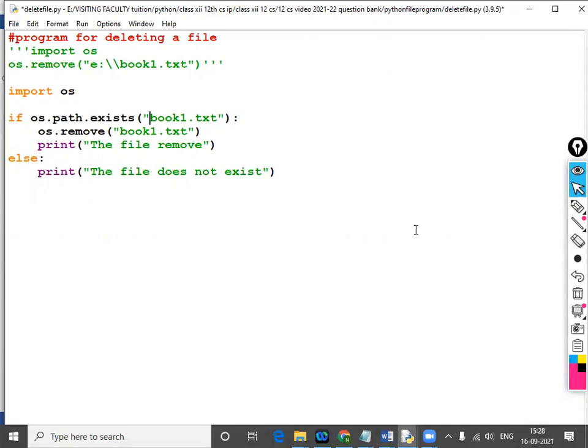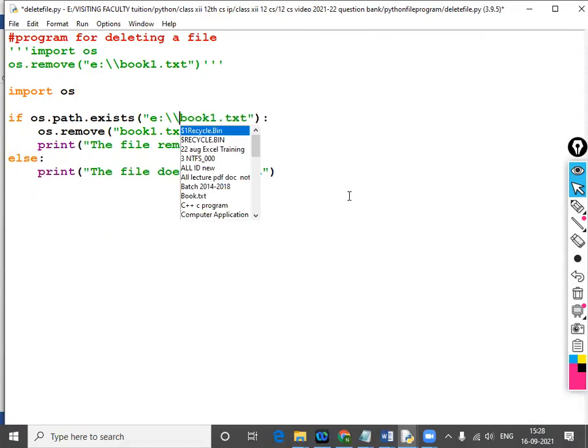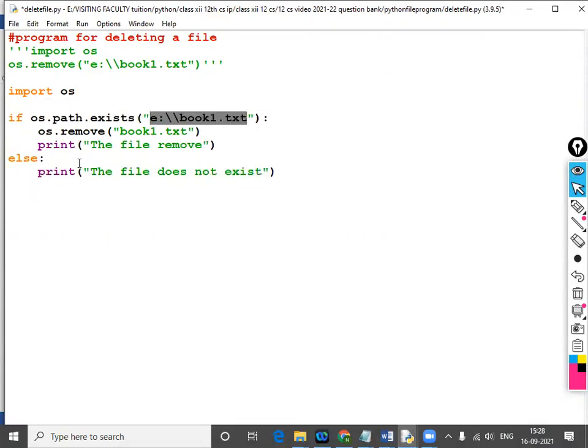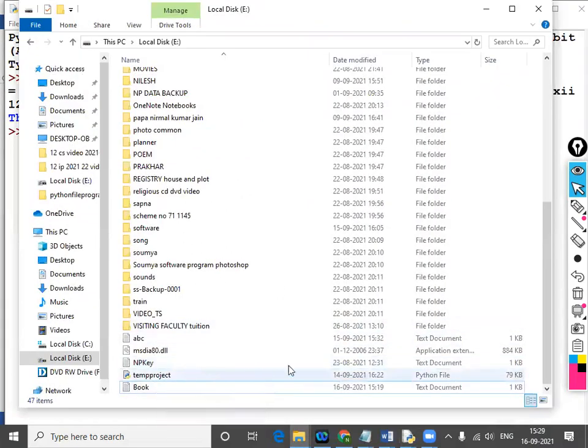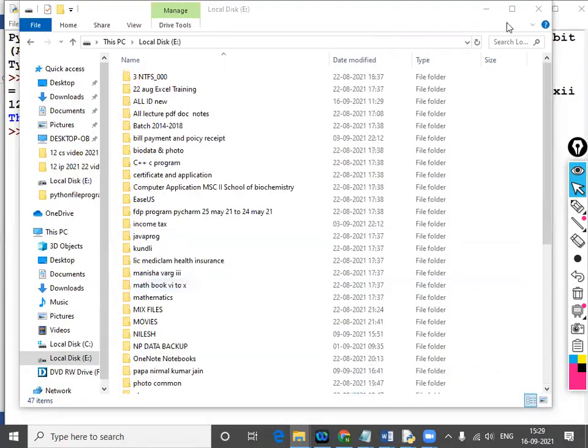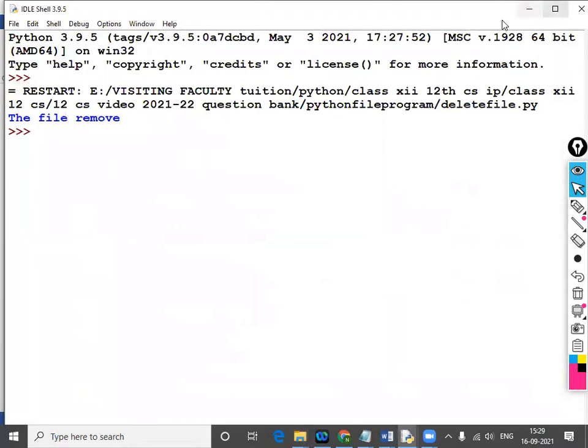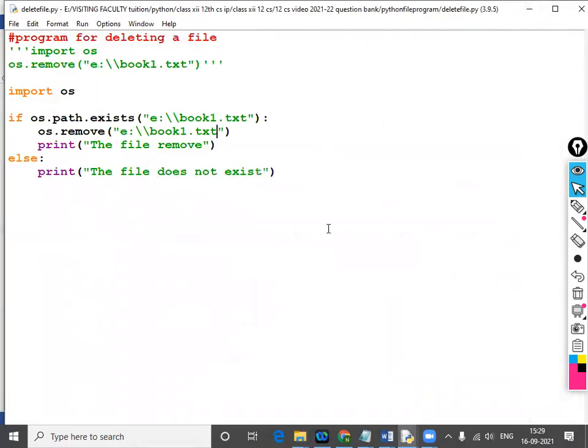And one more important thing, location, because it shows current path. That's why I'm not deleting it. File. Now see the check. There is no file.